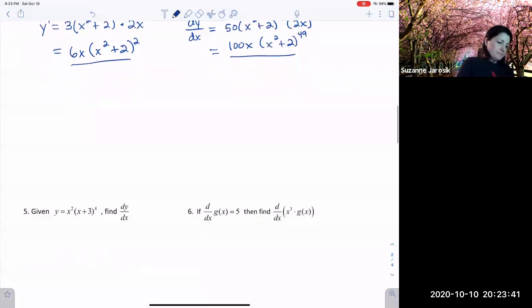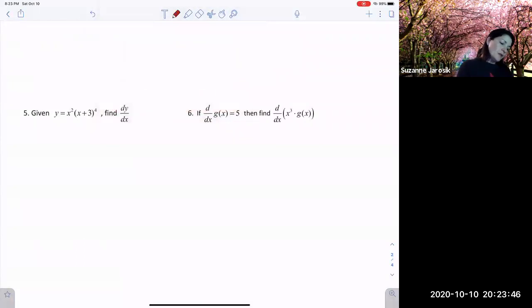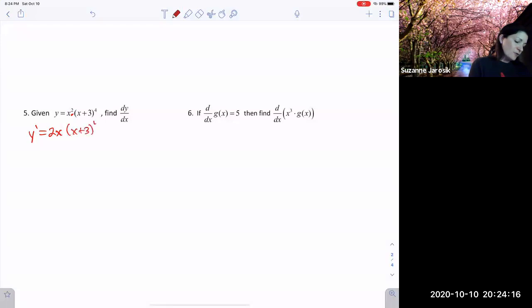All right. Let's go over 5. Okay, here we go. Product, power with chain. So overall, it's a product rule problem, but we have power with chain. Feel free to multiply all this out if you really want to, and you can just use power on the whole thing. For product rule, 1 derivative at a time. So I'm going to take the first one's derivative. So x squared derivative is 2x, leave x plus 3 to the 4th. Plus, leave the x squared alone and take the derivative of,